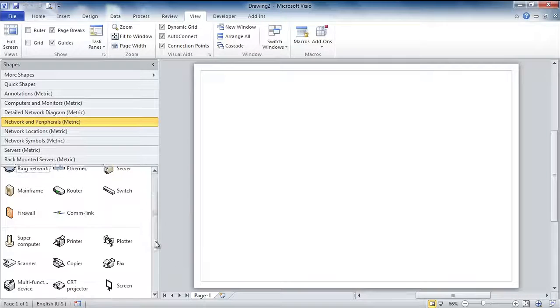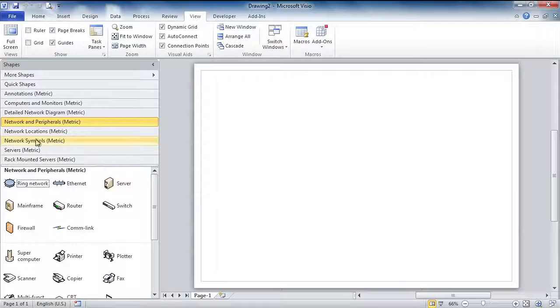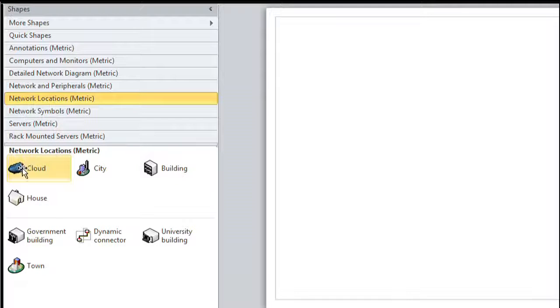And the topology I'm about to draw is based around the internet, the cloud. Now, I don't know if this is ominous or whatever, but it does look like a rain cloud to me. It does in this stencil. It does. Yeah. Okay. So we have the internet there, and within